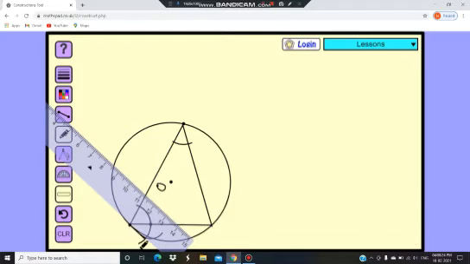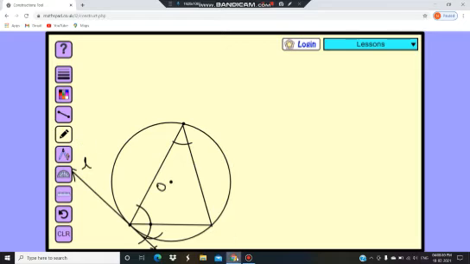See. So this is our required tangent and we can name it L. So L is the required tangent. So now this tangent we drew without using the center of the circle. Okay student?